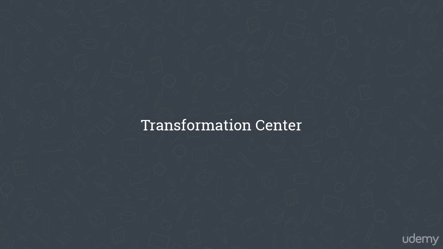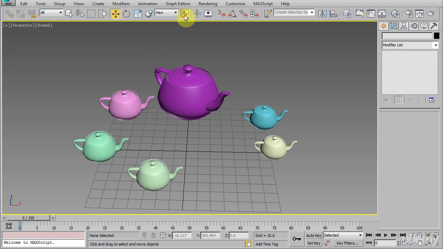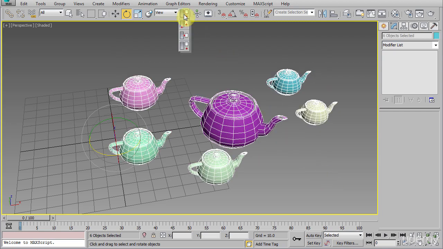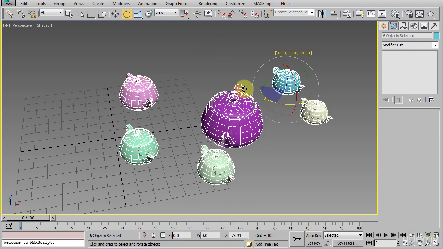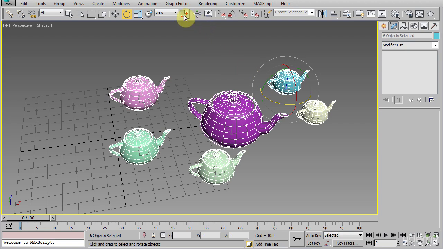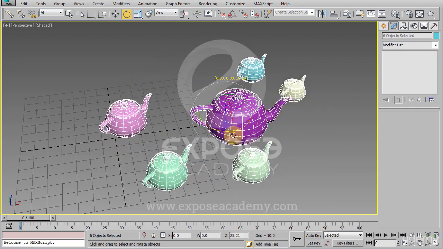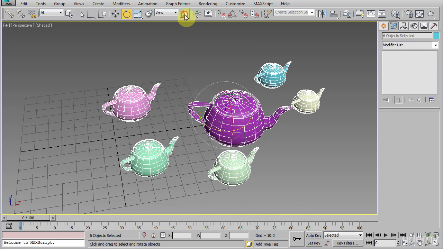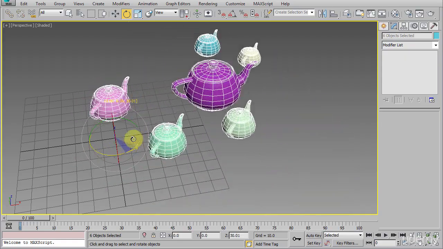When selecting multiple objects, we can set the center of transformation using this drop-down list up here. For this example, I choose the rotation tool and choose the first option, which is the use pivot point center. Now when I rotate these objects, notice they will rotate on their own axis individually. If I set this to use selection center and rotate them, notice the objects will rotate as a whole, using the center of the selection as the center of the rotation automatically. The last one will use the center of the world or the center of the viewport as the center of transformation.